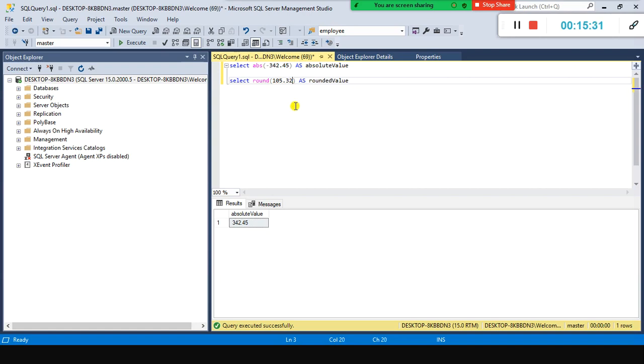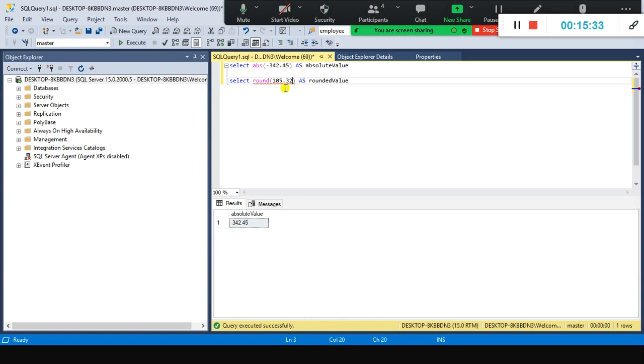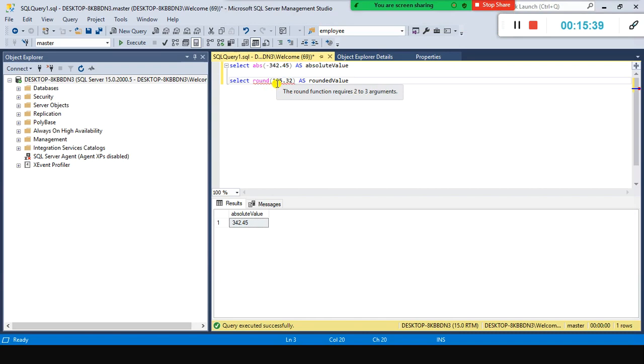If you make any mistake, it will underline it like this. That means you have some syntax mistake, and when you hover the cursor here, it will help you fix this error. The ROUND function requires 2 to 3 arguments. In that case, I'm going to say 2 here.